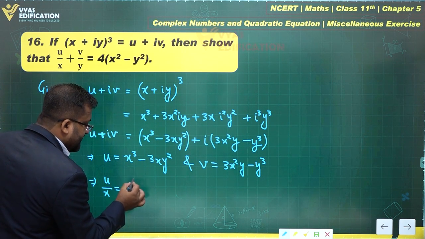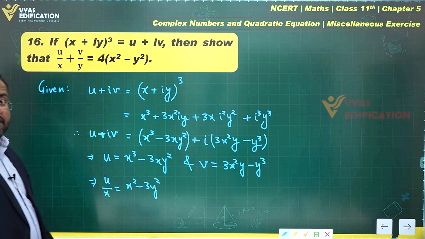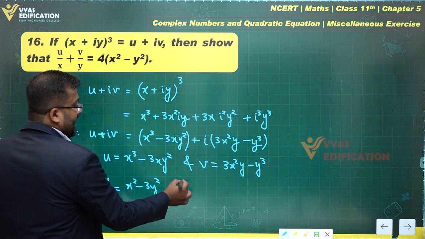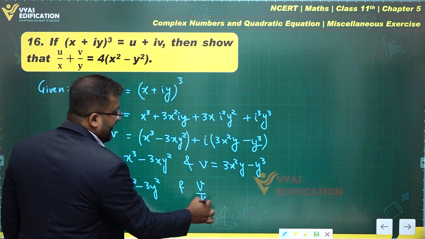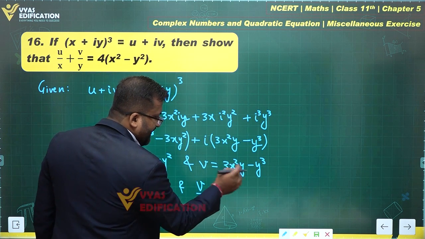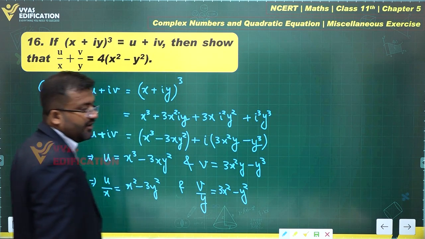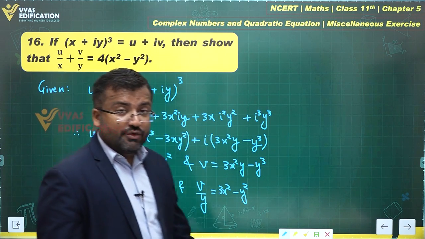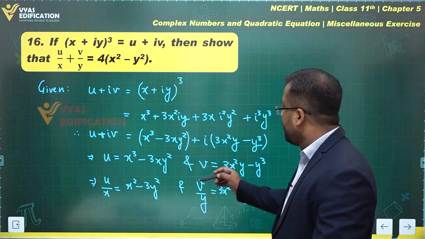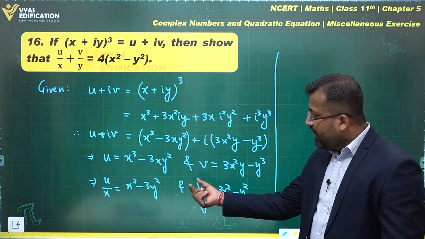Dividing by x, this becomes x² minus 3y². And v/y is something else that is required, and v/y is equal to, let's divide by y, 3x² minus y². Can you observe that? Yes. The question is asked in such a manner that your calculations become very simple gradually as you move ahead. And now